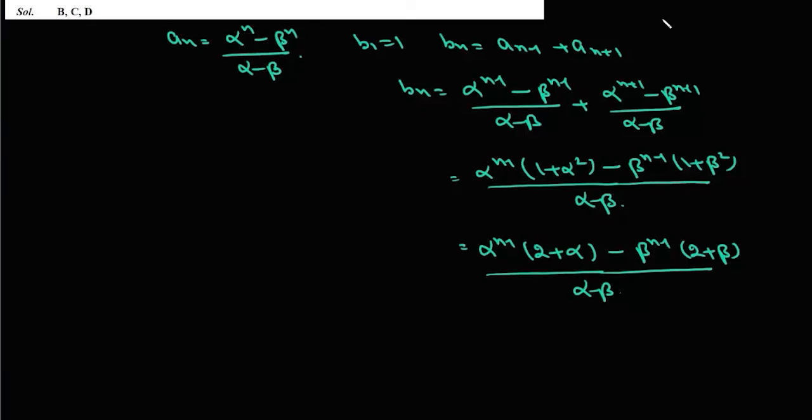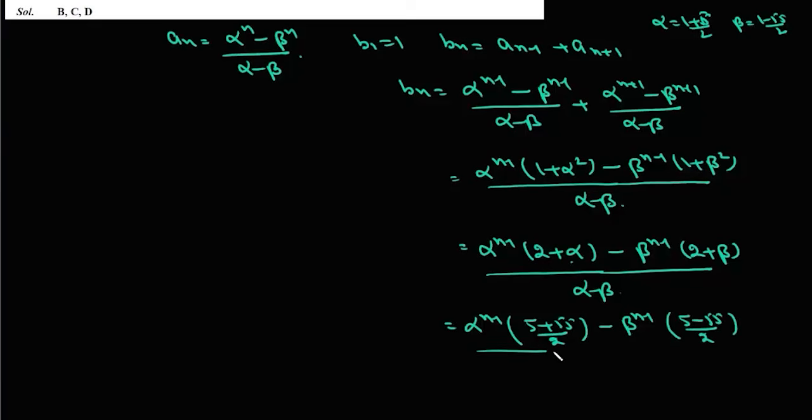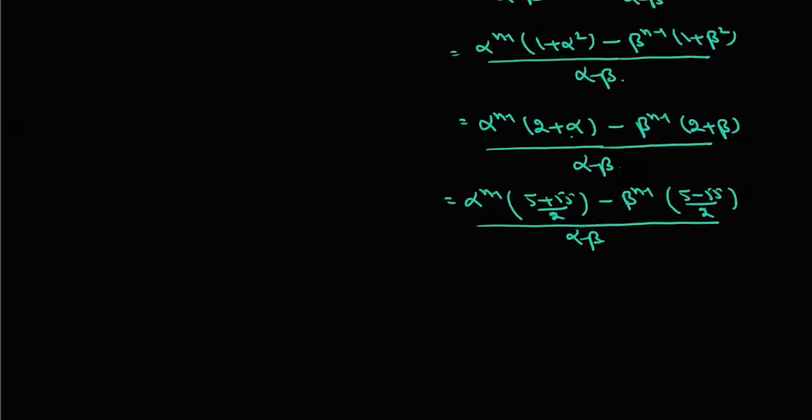Now we know that alpha is (1 plus root 5)/2 and beta is (1 minus root 5)/2. So if we put the value of alpha and beta here, we can write this as alpha to the power n minus 1 times (5 plus root 5)/2 minus beta to the power n minus 1 times (5 minus root 5)/2, whole divided by alpha minus beta. Now if we take root 5 common, we can write